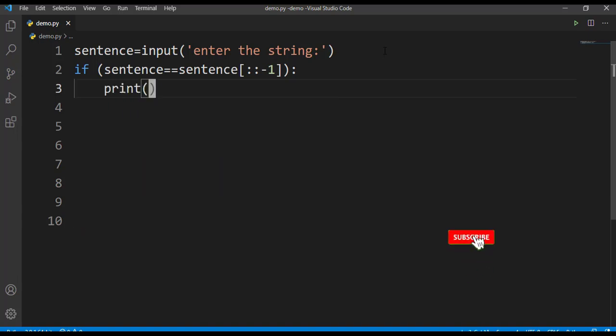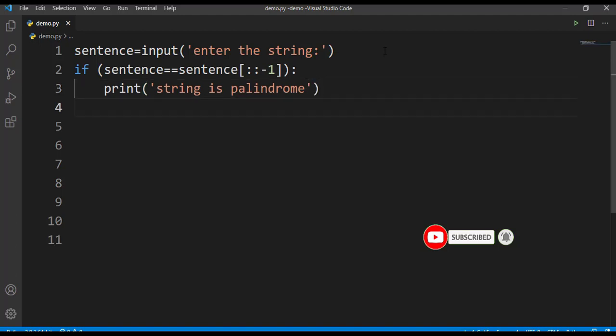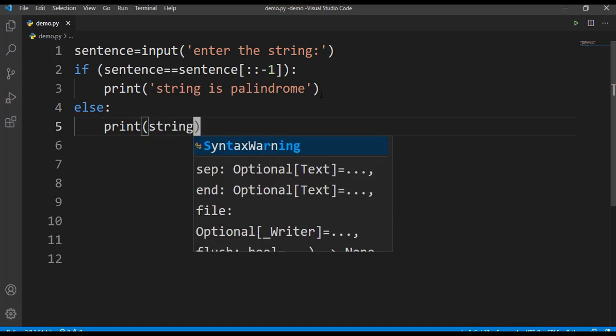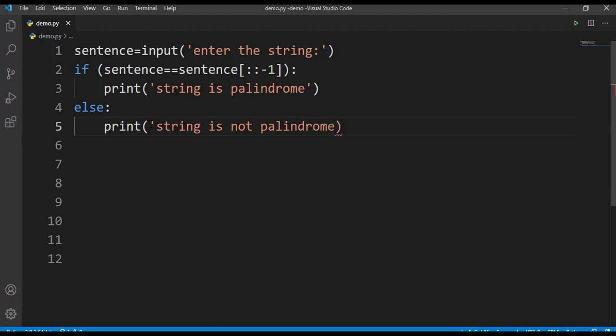Now print string is palindrome. Else, if the given string and the reversed string are not the same, we will print string is not palindrome. I hope you understood the logic here.